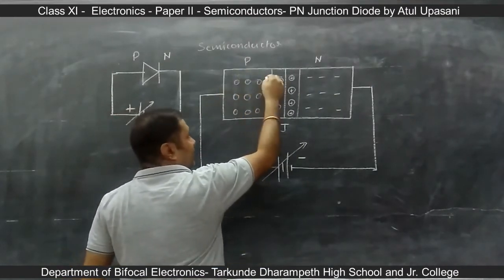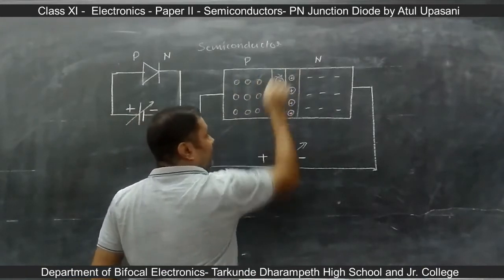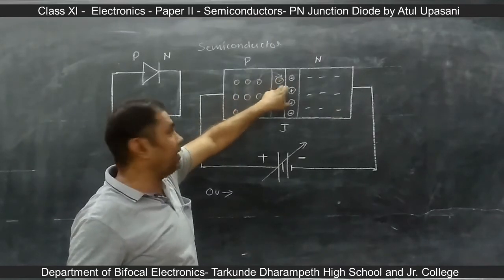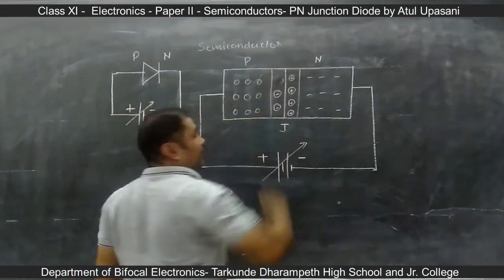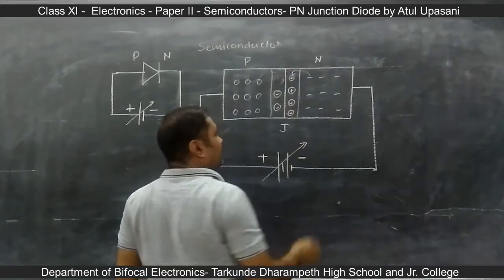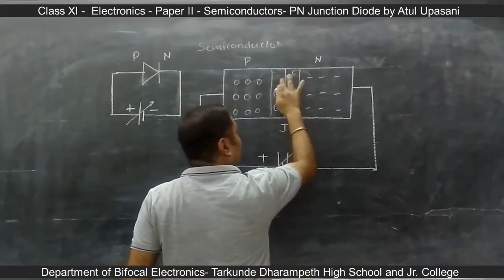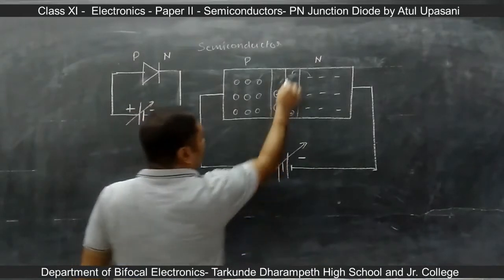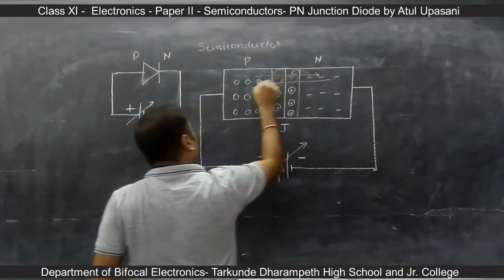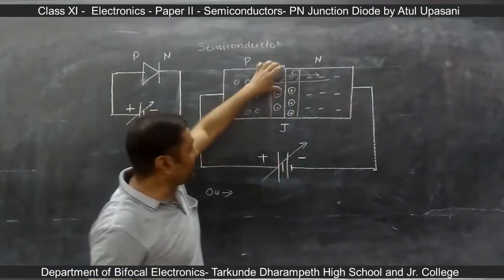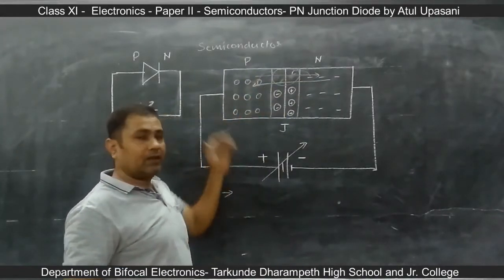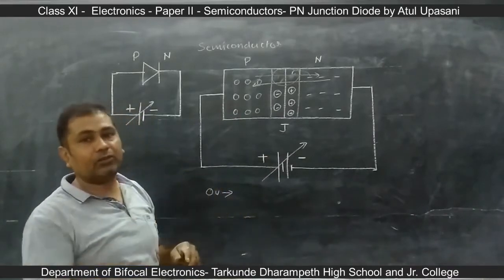So when holes are increased, these holes will recombine with the negative ions, and when a hole recombines with a negative ion, this ion will vanish from here. Okay. At the same time, electrons towards the positive ions will also recombine and it will vanish in here. So there is now space for these holes to flow towards the n side and the electrons towards the p side. So this will manage a space to flow. In this way, some electrons and some holes are flowing and conducting throughout the device.